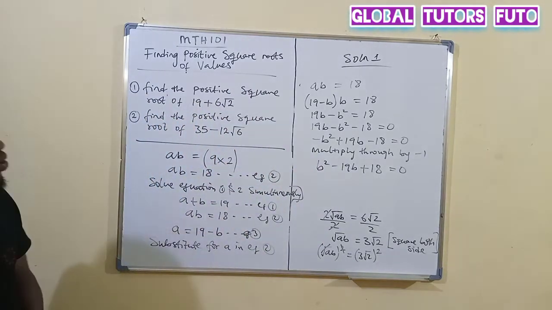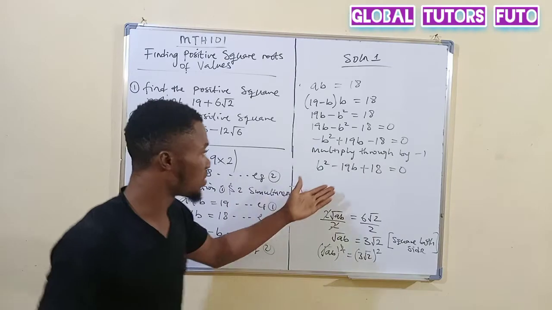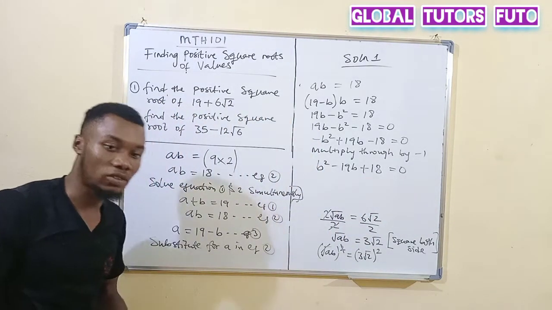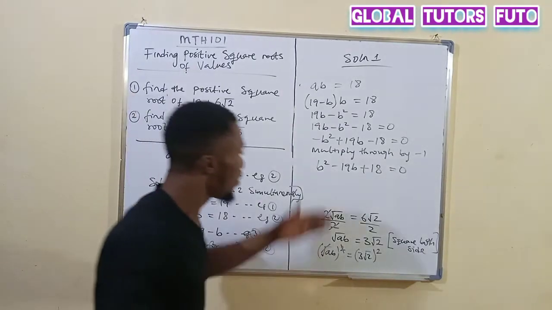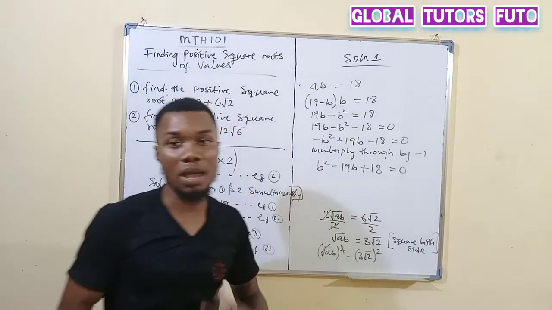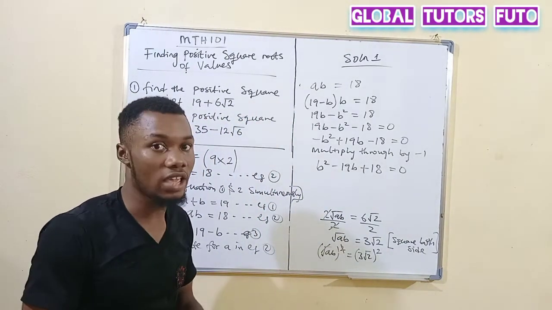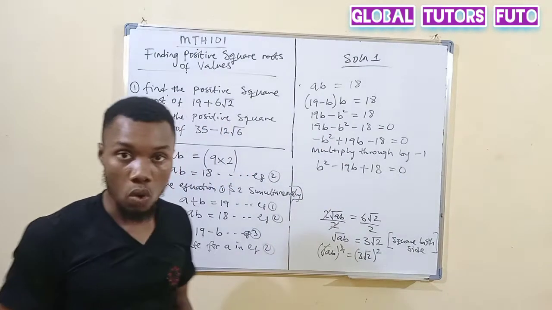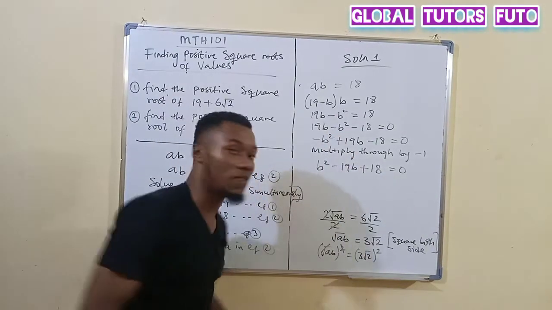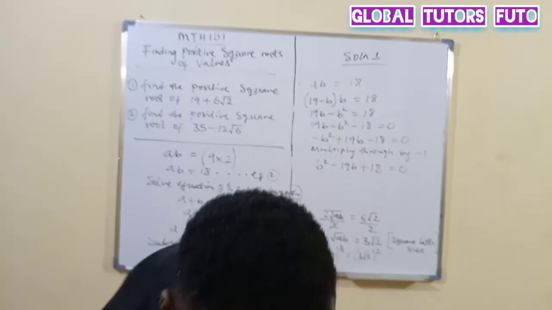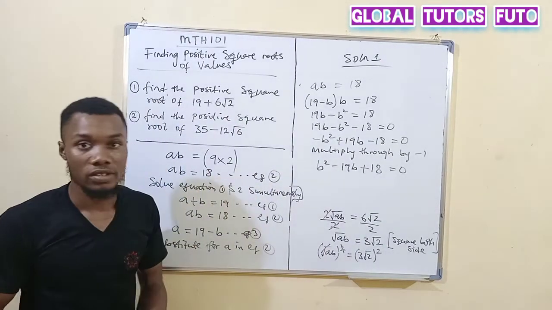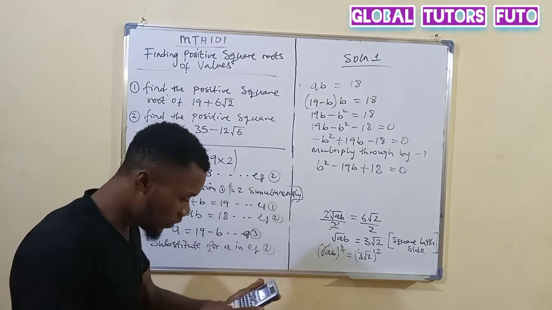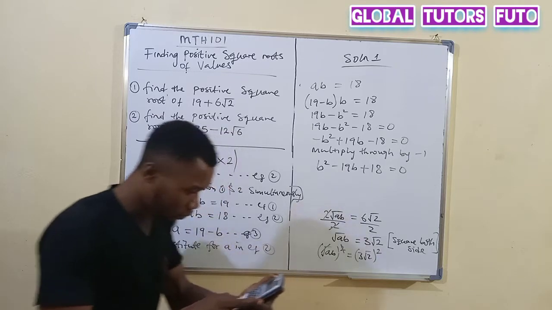So at this point, what are we going to do? You ask yourself a question. Is this factorizable? You can check if it is factorizable, but for me, I'm going to use the formula method. Anyhow you like, you do it. If you use the formula method here, it will work. Then you can also check whether it is factorizable or not. You can still factorize with your calculator.